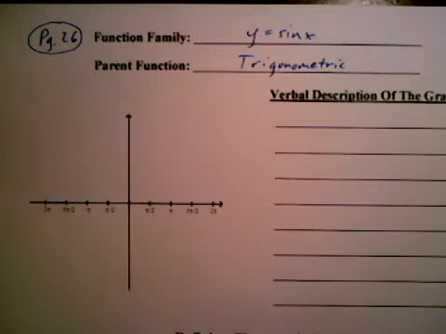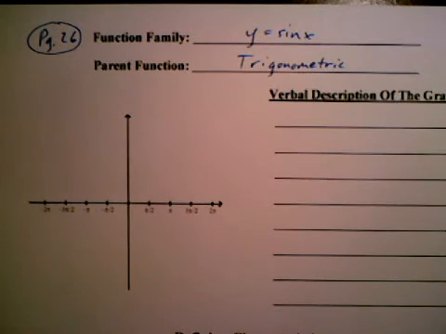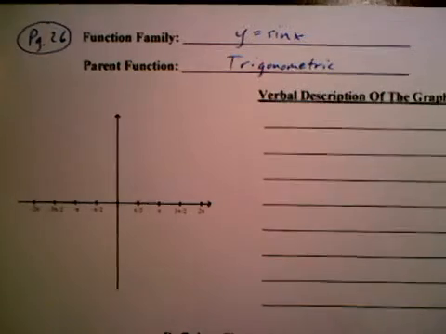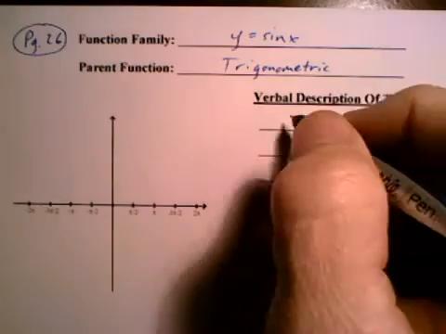I'm under a little time crunch here, so I'm going to get right to it. I believe this is page 26. I might have gotten pages 24 and 26 mixed up. So sine might be 24, cosine might be 26, but either way, get them both in there. Page 26 I'm going to call the sine, and just like we did